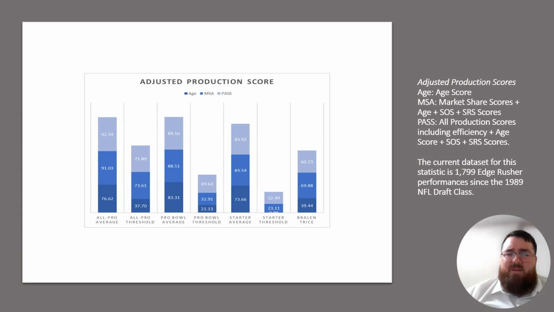Also, in terms of adjusted production scores, looking at his data here, he is nowhere near the starter averages, All-Pro averages, or Pro Bowl averages at the position of edge. So those are all a really big concern for him. I would be very, very, very surprised if Braylon Trice went on to become a long-term starting edge. The vast majority of starting edges typically are in the 60 and higher percentile. So for him not to be in that percentile for his overall data is not what you want to see out of a prospect like this, especially for how high he was drafted.